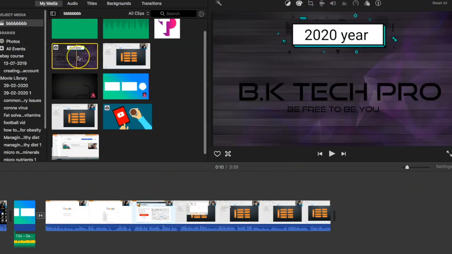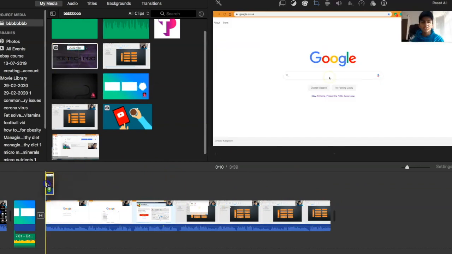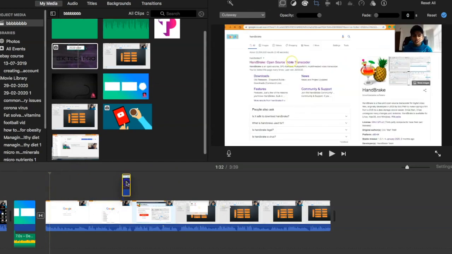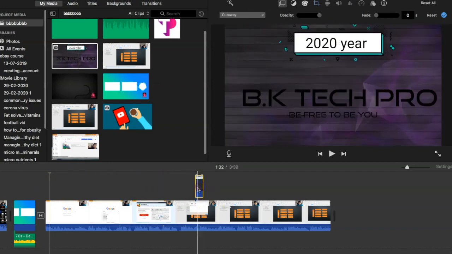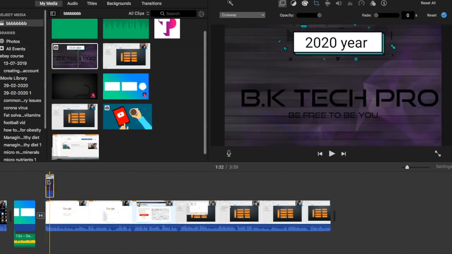Drag any picture that you like. So I'm going to drag my banner. Put it anywhere. You can move it here, here, or here, but right now I want to put it there. Then when you've done it, you double tap or you just want to highlight your picture, and then